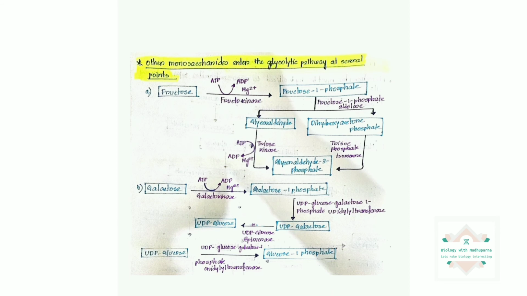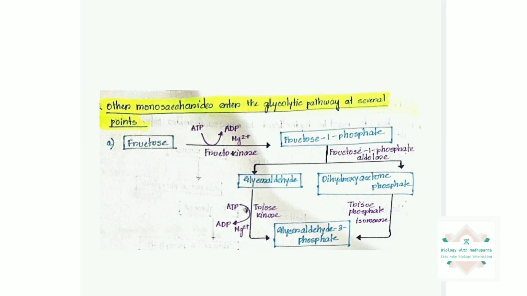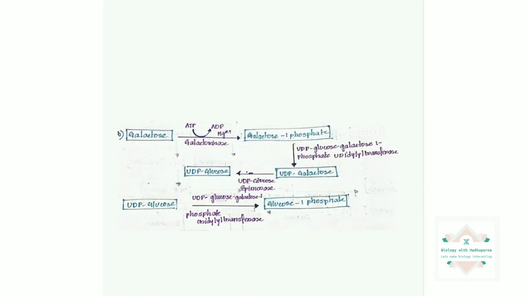First, we will be looking at fructose. I have already explained this reaction before, so you can have a look at that. Galactose I will be explaining in a little bit, because I haven't explained it in detail, and mannose also I will be explaining. So first, galactose will be converted into galactose 1-phosphate with the help of the enzyme galactokinase, and it will consume 1 ATP. Then this galactose 1-phosphate will be converted into UDP galactose with the help of UDP glucose galactose 1-phosphate